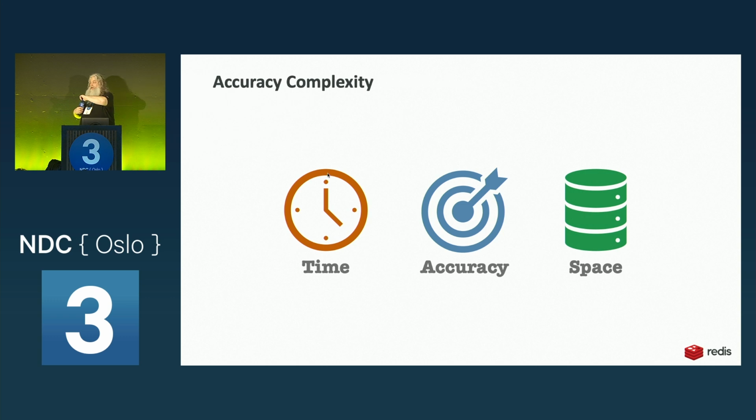Accuracy complexity isn't a real word, but that's what I titled my slide. But the idea here is that you can make a probabilistic data structure. You make a data structure that's probabilistic, that will lie to you. And so it'd be super fast, maybe by orders of magnitude. It'll be super small by orders of magnitude. But 2% of the time, it'll give you a false positive. And you're like, well, I don't want my data structures to do that, right? It's like, no, it must always tell me the truth under all circumstances. Well, does it? Is that actually necessary?